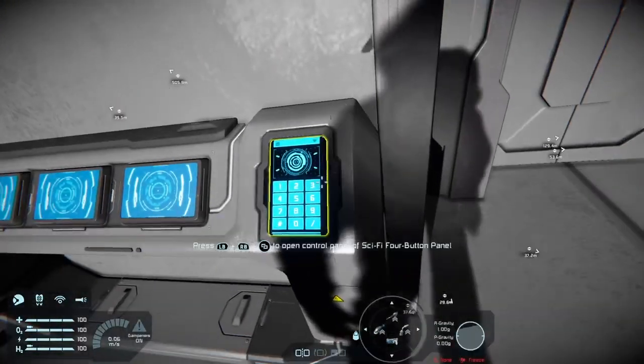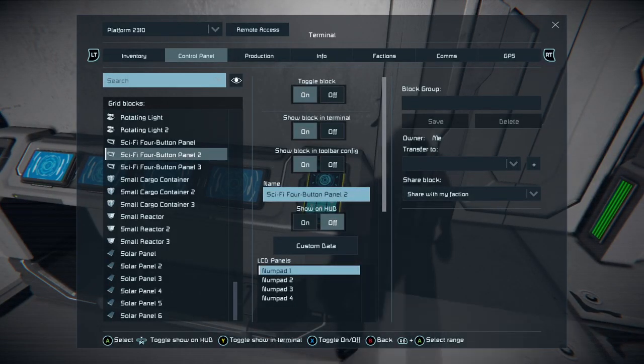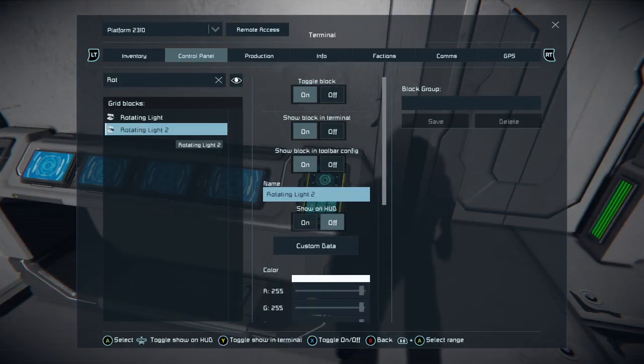And the best way to do that, go to our rotating lights. See our rotating light 2, so we're just going to call it rotating light airlock.